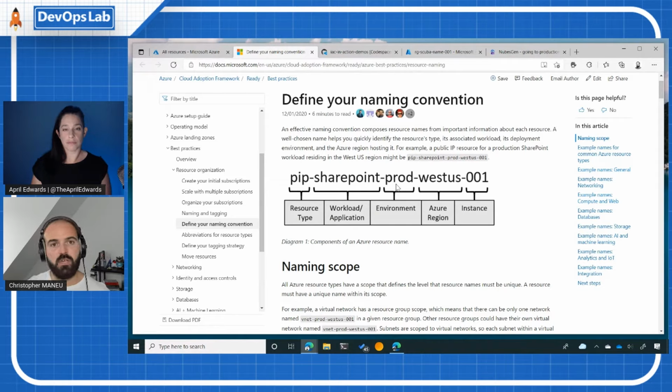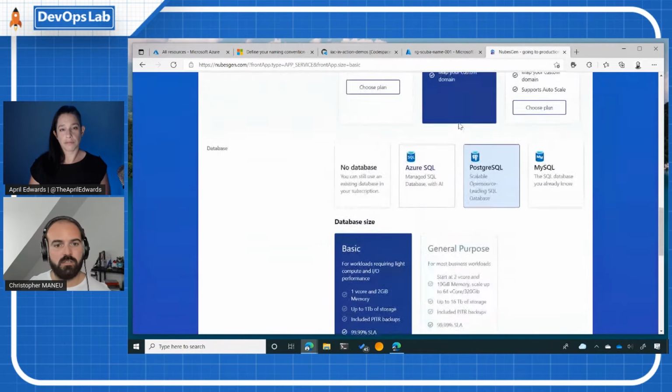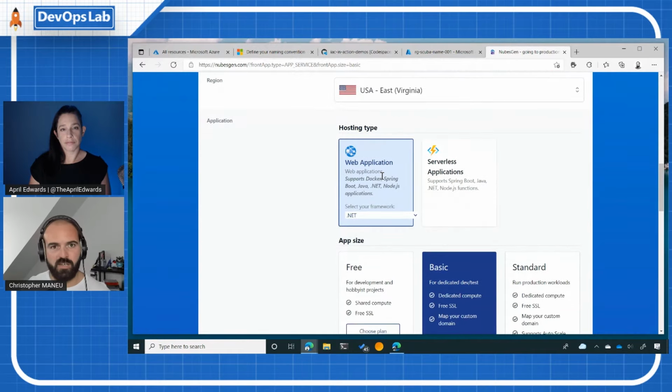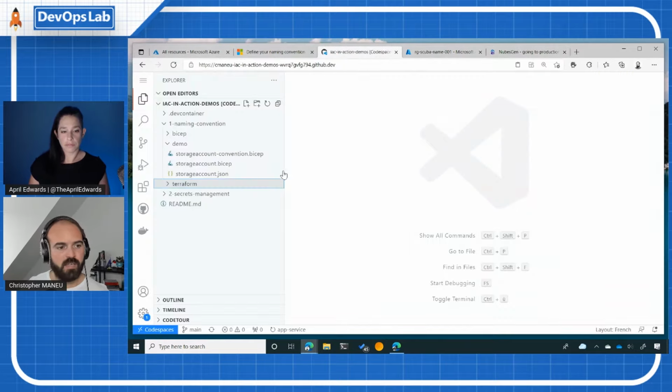So one of the things we've done within NubesGen is we have defined a basic naming convention that will help you get started directly. So when you are selecting a project name, and when you're using GitHub to deploy your infrastructure as code with NubesGen, we automatically detect the environment. Is it a dev or prod environment? And we craft the name of all the resources, so you will be able to understand them and to see easily what you're doing. And if we take a look at the code that is generated by NubesGen, or what you can do